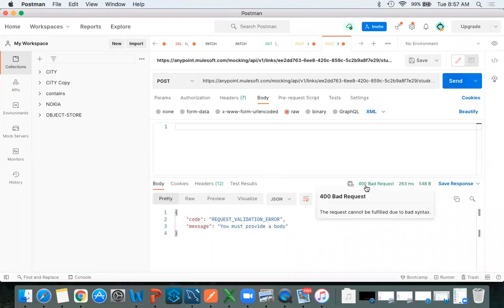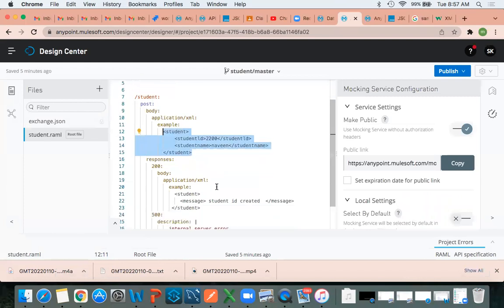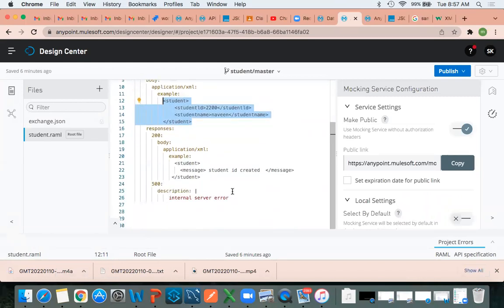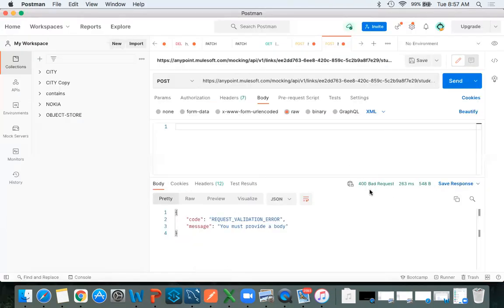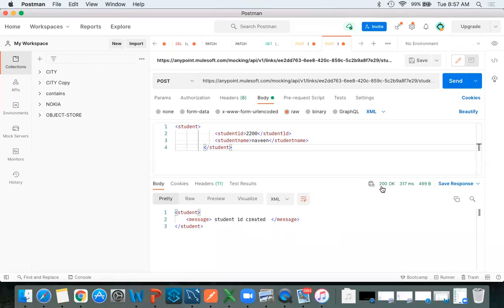See, 400 we got it. But I never implemented 400 in my API. See? Even if you did not implement this, I told you right, these are all optional. Even if you didn't implement it, you may get universal status codes for request and response. Understood? Okay, 200, got it. Clear, or any questions?